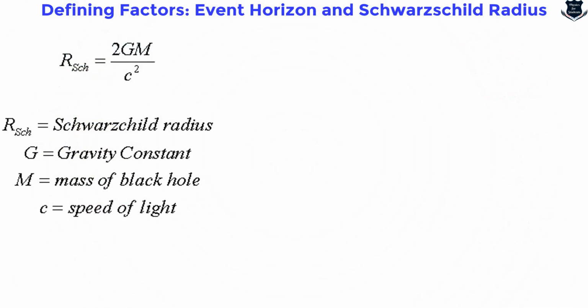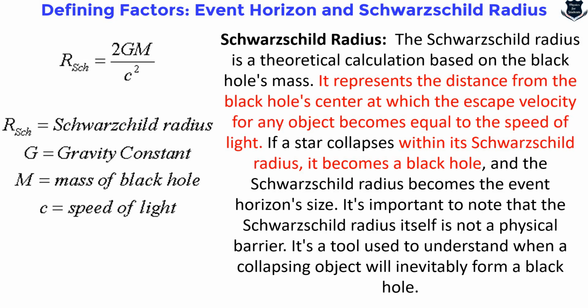If you talk of what is the Schwarzschild radius, this is the formula, and you can see that it represents the distance from the black hole center. So if a star collapses within its Schwarzschild radius, it eventually turns into a black hole, and the Schwarzschild radius becomes the event horizon